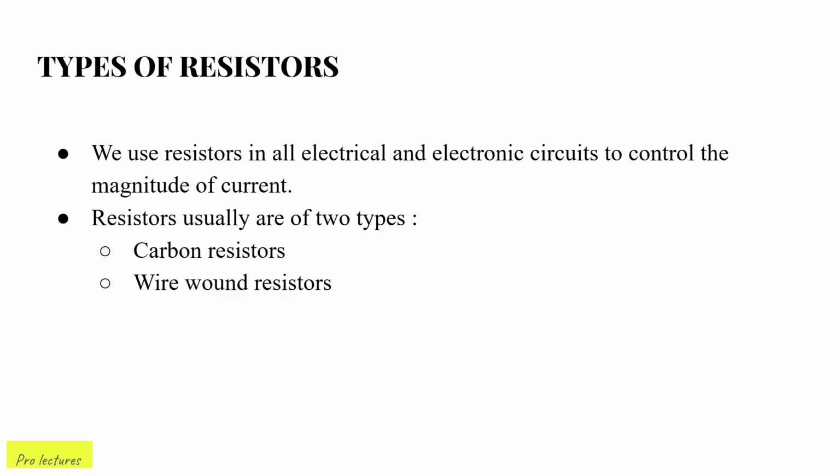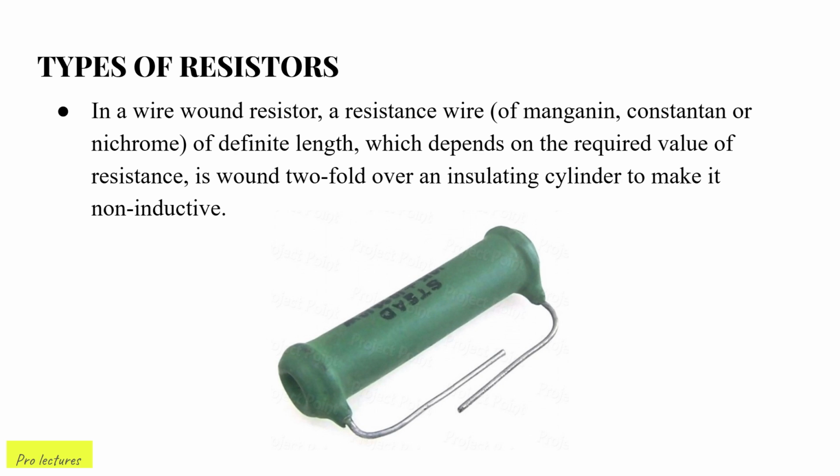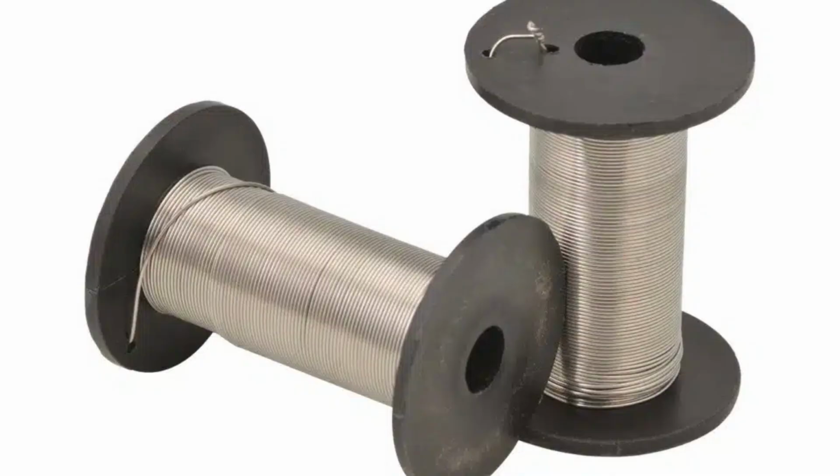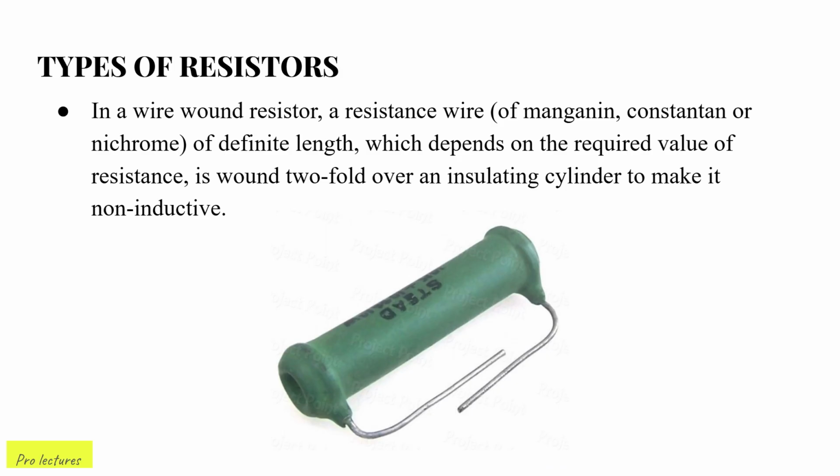Resistors are used to control the flow of electric current in a circuit, and they come in two types: carbon resistors and wire wound resistors. Let's start with wire wound resistors. Wire wound resistors are made by winding a resistance wire like manganese, constantan, or nichrome around an insulating cylinder. These resistors are very accurate and can handle higher power levels than carbon resistors, making them ideal for high precision